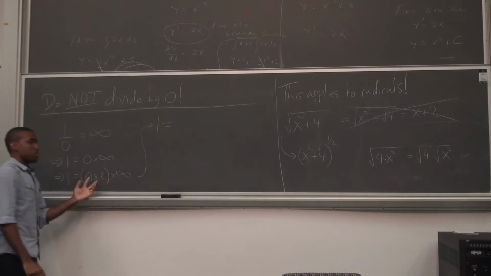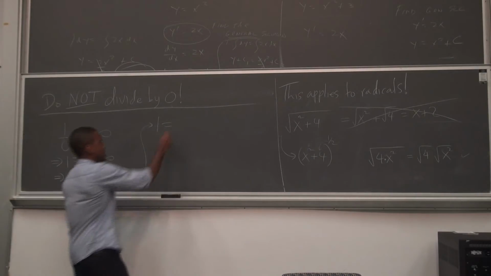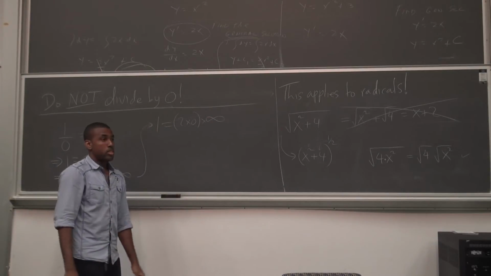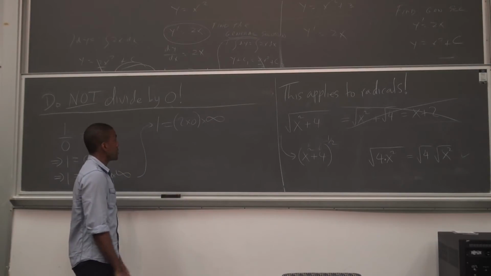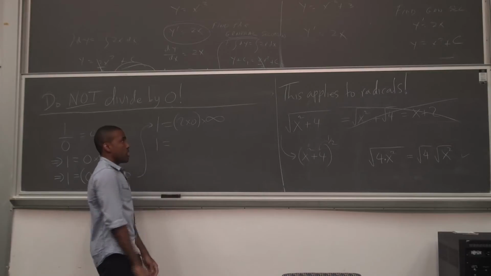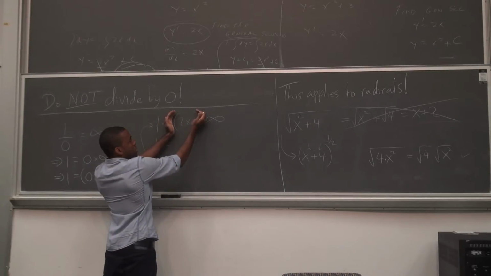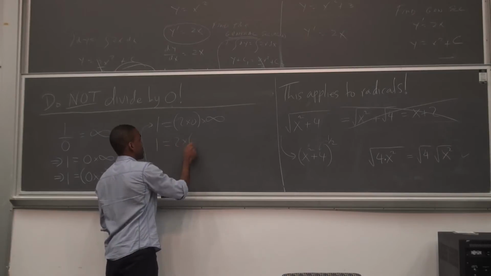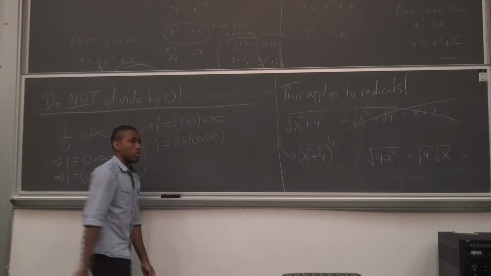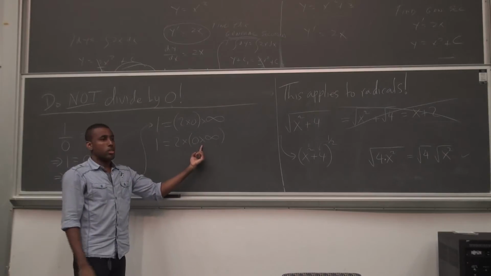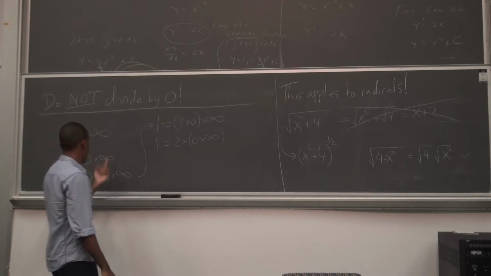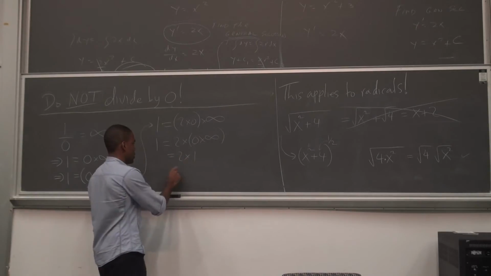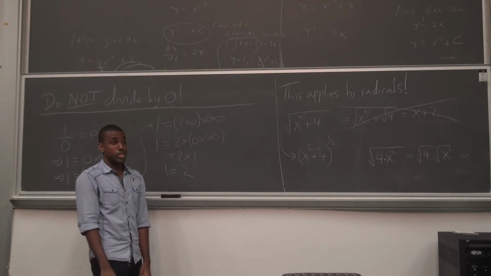Then there's a rule that says multiplication I can do in any order. So I can say this is 2 times 0, and this law is broken. There's also a rule called associativity, which says if I have a product of three things, it doesn't matter which pair I multiply first. But what was 0 times infinity? By assumption, that's 1. So this ends up being 2 times 1. What's 2 times 1? That's 2. So basically 1 equals 2.